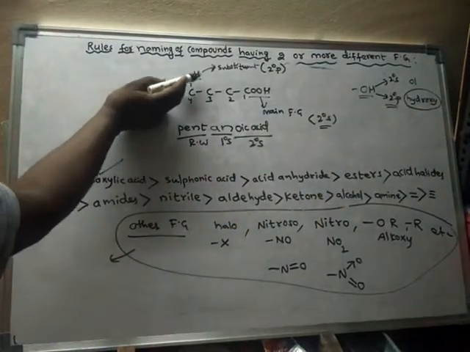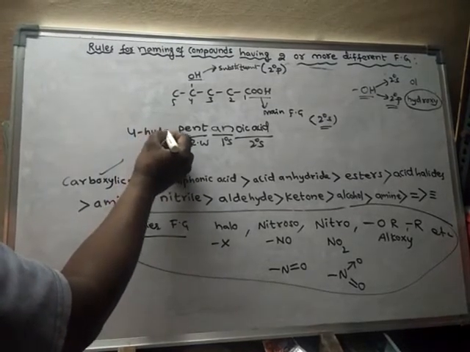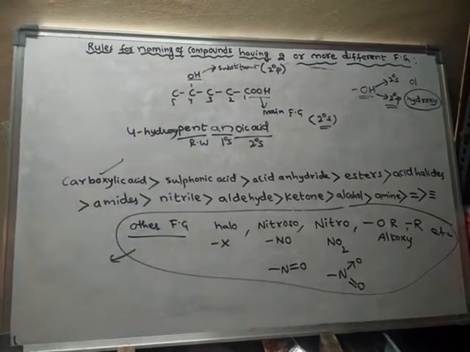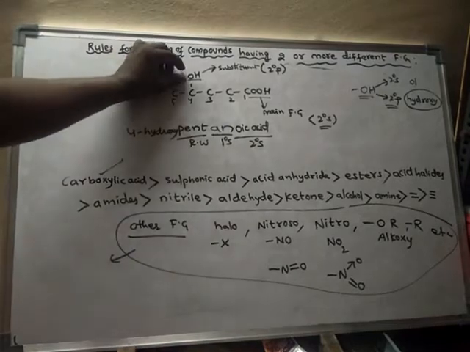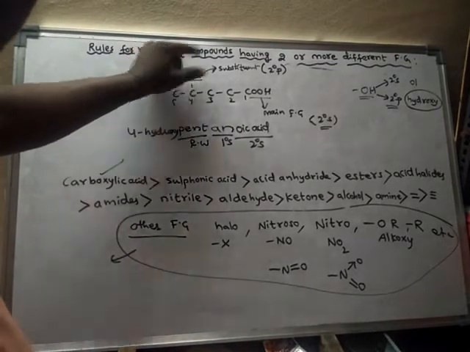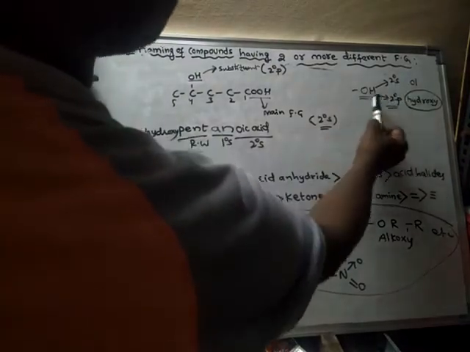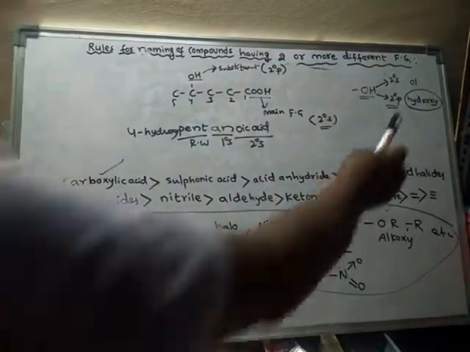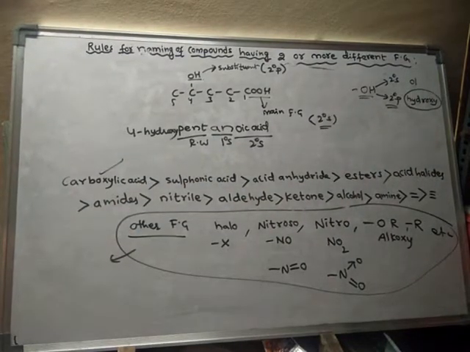On which carbon this alcohol is present? On fourth carbon. Hence 4-hydroxy. Okay, 4-hydroxy pentanoic acid is the correct name for this compound. See, how to know the secondary prefix name of alcohol: for alcohol group, secondary suffix name is this one and secondary prefix name is this one, hydroxy. So I'll give you a table, and based on the table, we can learn.